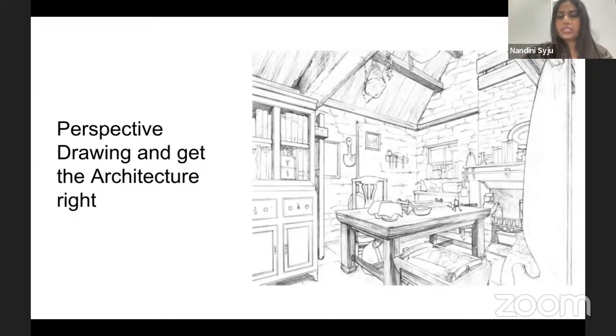So you guys, there are a lot of tools to figure this out. You just draw one line and say, okay, this is the height of an average human that's going to be in the scene, and then mark it off. Use that as a reference guide. Be like, okay, this is how the windows are going to be, this is how tall the cupboards are going to be, right? So there are a lot of rule of thumb hacks you guys can learn. But obviously, all of this will not be captured in one video. You guys will have to do thousands of sketches, and literally thousands, so that you can pull it off.